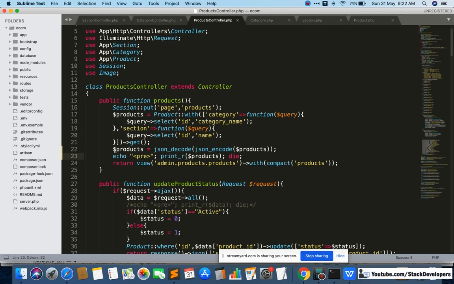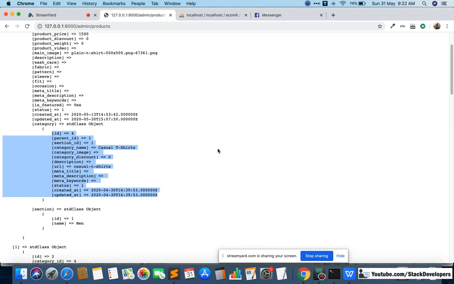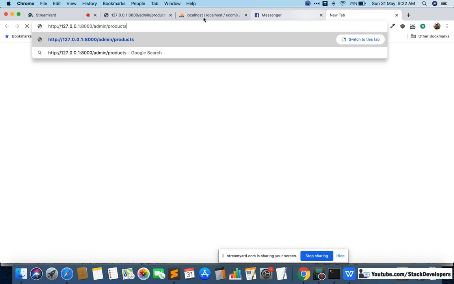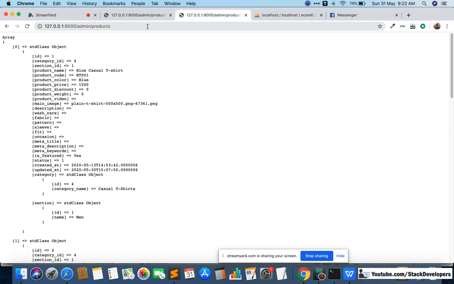So this is the way to debug. And in every function it is better if you first see the details, see what details are coming, and after that you come to your blade file. You can open it side by side in two windows, like I used to do, I open here as well and here as well.